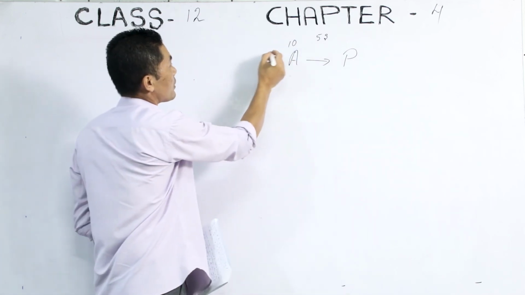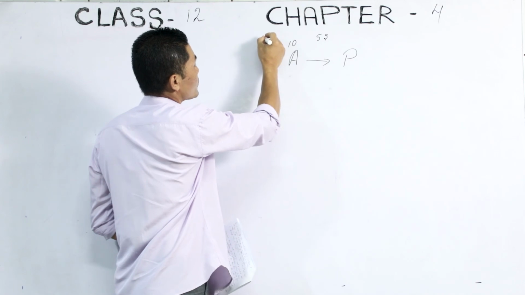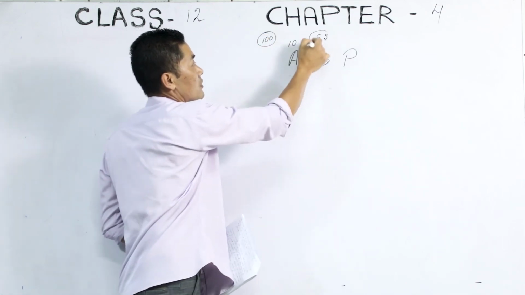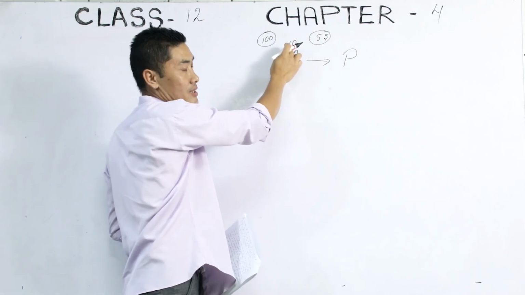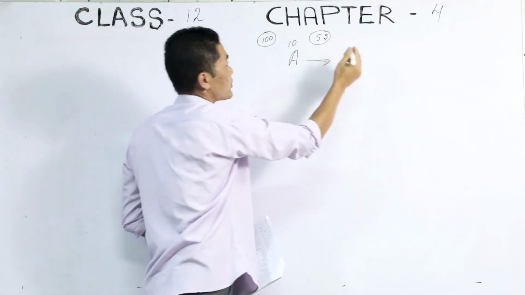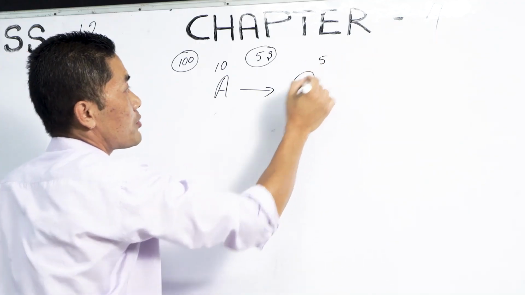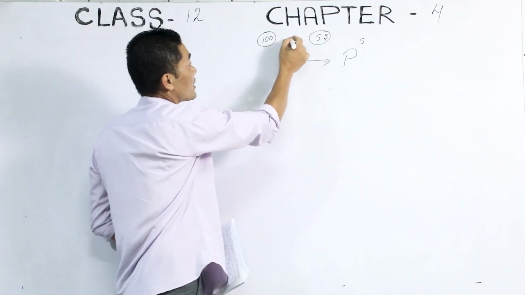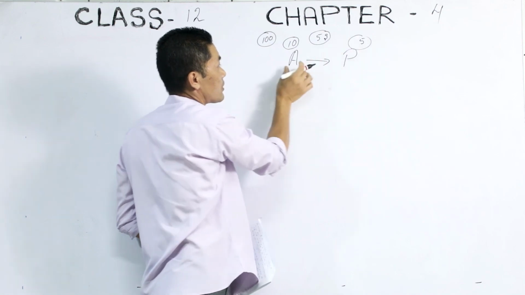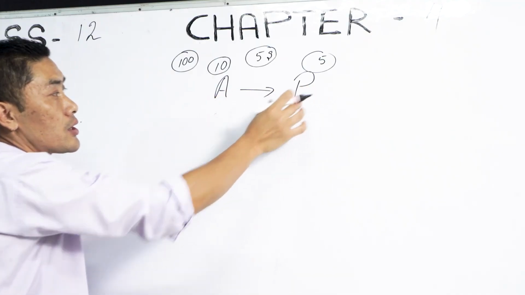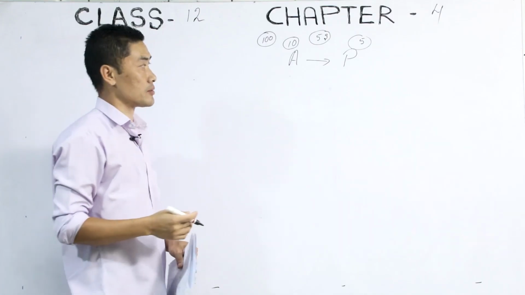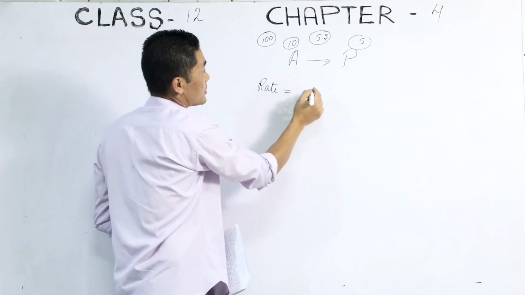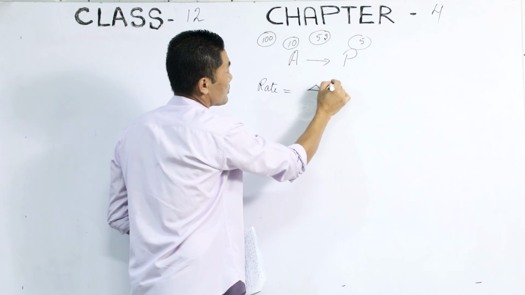Suppose we start with 100 moles of A. In 5 seconds, if 10 moles of A is consumed, and suppose 5 moles of P is produced, then we can use the change in concentration of any one of these, either the reactant or product, to calculate the rate of the reaction. So rate will be given by change in concentration of the reactant